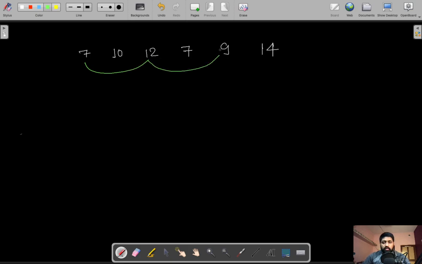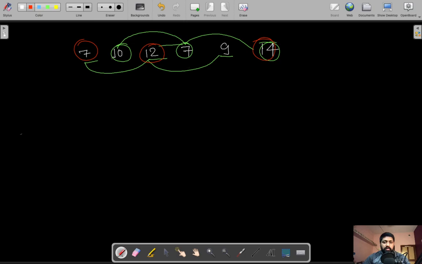this. Okay, so this will produce one sum with no adjacent element, or it could be 10 plus 7 plus 14. This also constitutes one sum. There are many other possibilities also. Let's say we can take 7, 12 and 14 also. This also constitutes one sum. We can select 10, 7 and 14 also. So there are many possibilities in which we can take those elements whose sum has no adjacent